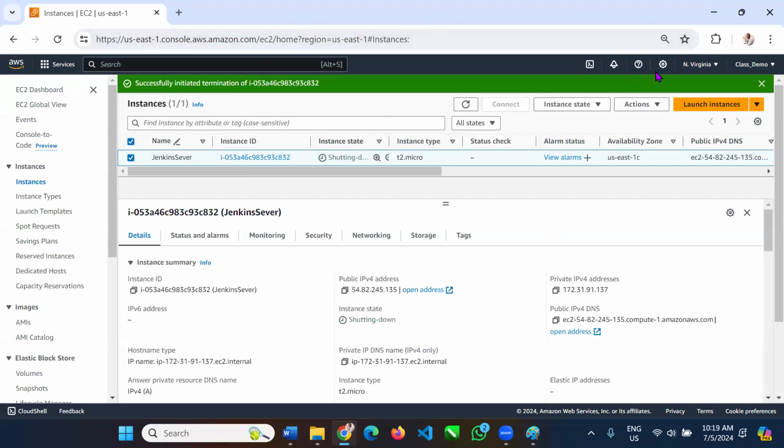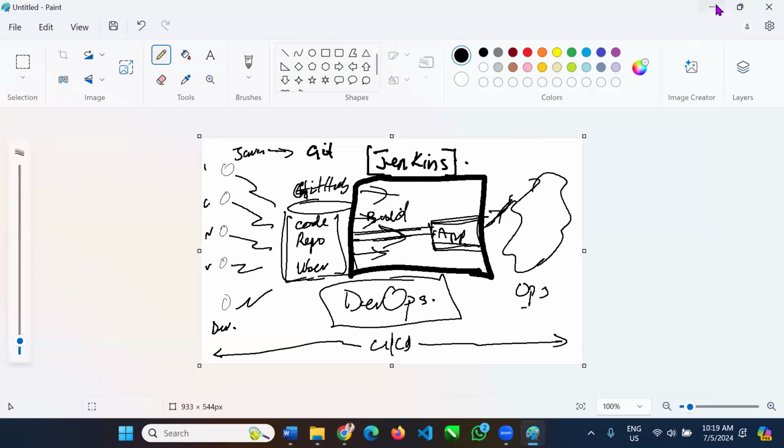All right, so while that instance is terminating, in order for us to work as IT professionals, we need to work from an environment that allows us to automate deployment of codes and applications, and also the provisioning of our infrastructure. Those environments are generally called IDE, Integrated Development Environment. And there are a number of applications that you can use for IDE. In my own case, I'll be using Visual Studio Code, VS Code. So I launch my VS Code,